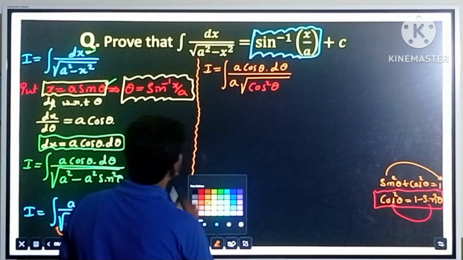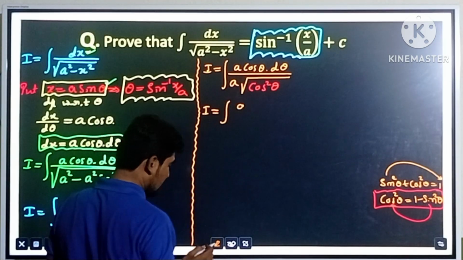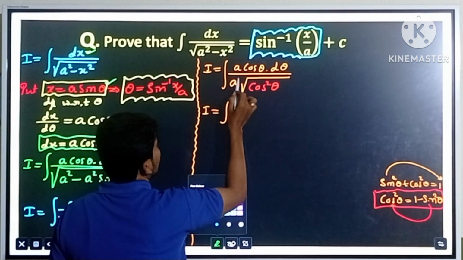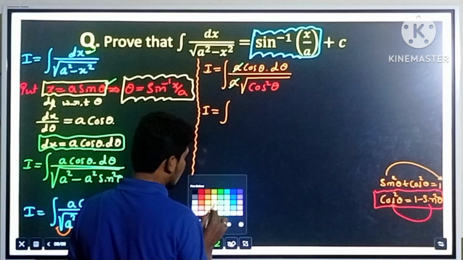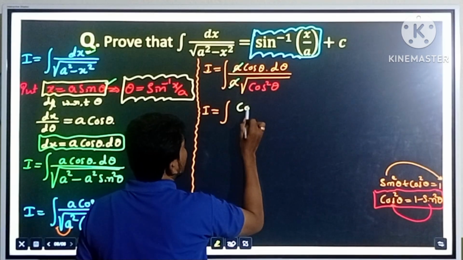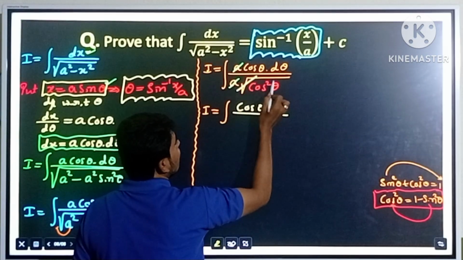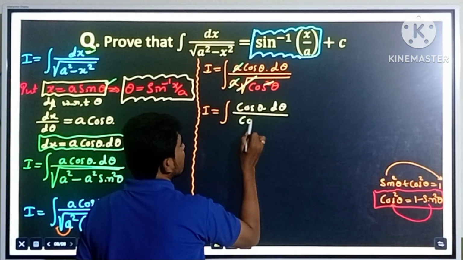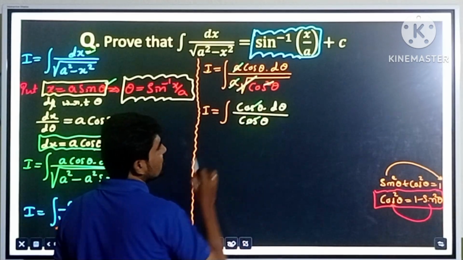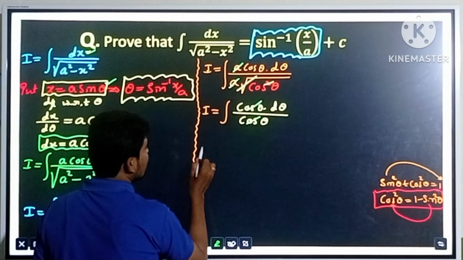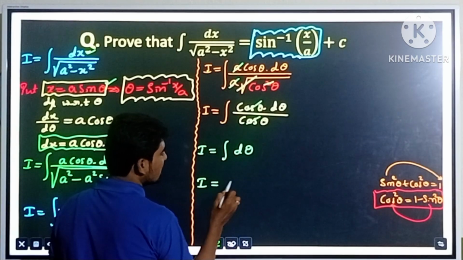Now see here, again I is equal to the integration of a and a. Here I can cancel a from numerator and denominator. A and a get cancelled. Remaining in the numerator, cos theta d theta, divided by, in the denominator I can cancel square root and square. Remaining cos theta. So again, I can cancel cos theta from numerator and denominator. Remaining I is equal to the integration of 1 d theta, and we know that the integration of d theta is theta